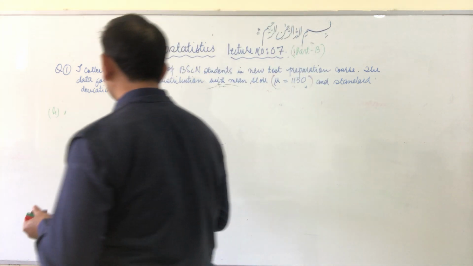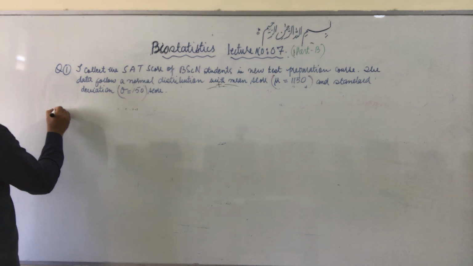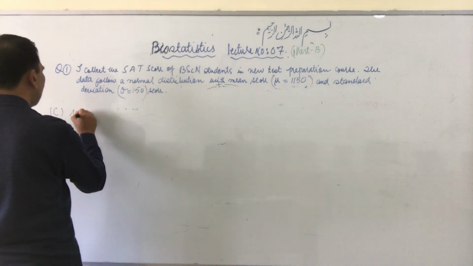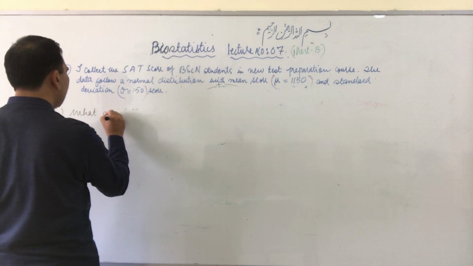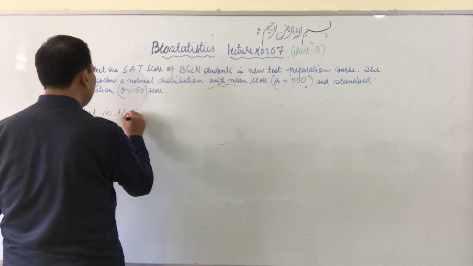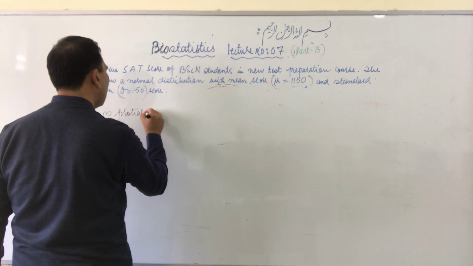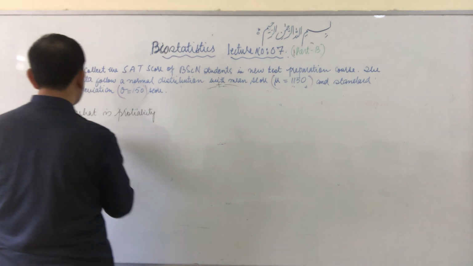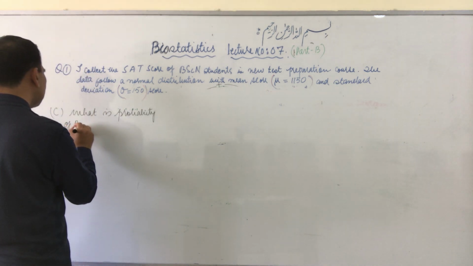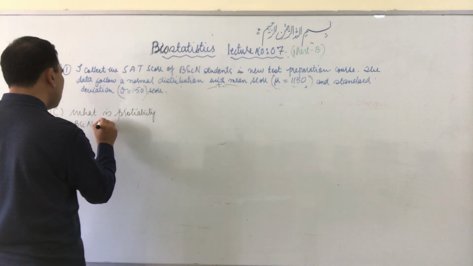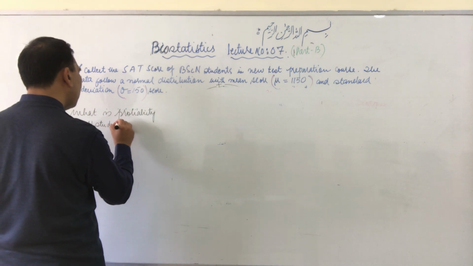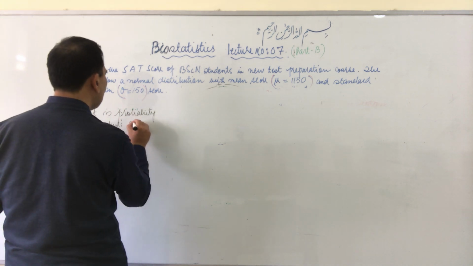Now in question number C, in question number 3, what is the probability of BSN students scored